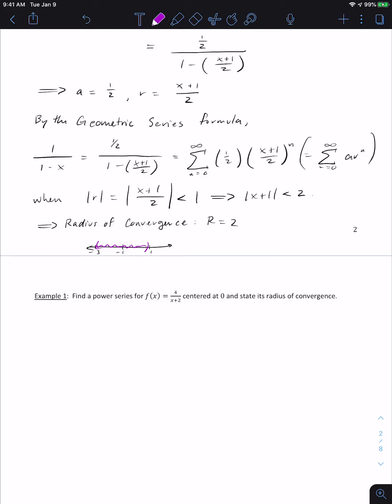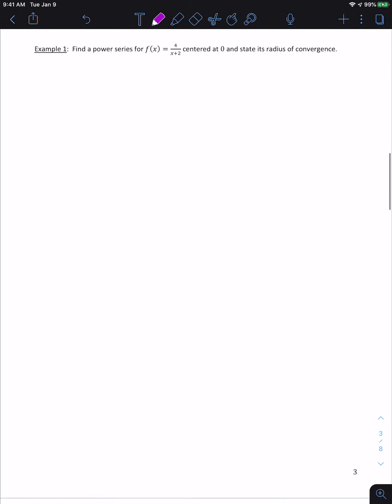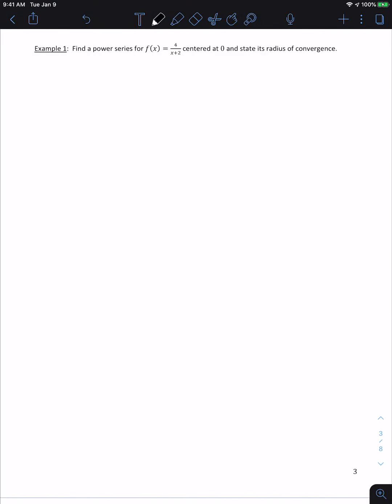Okay, so what we're going to do, that was a very specific example. So now let's look at different examples where we try to find the power series of a given function centered at a certain point. And so basically the idea here is exactly what we just did in that last example, illustrating the function 1 over 1 minus x, right? So our goal here,